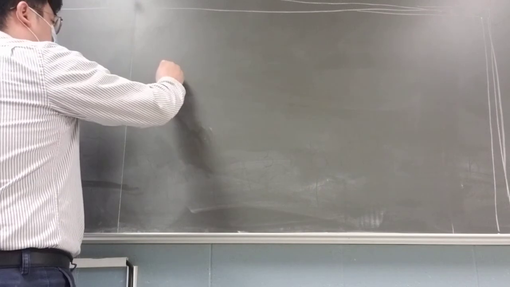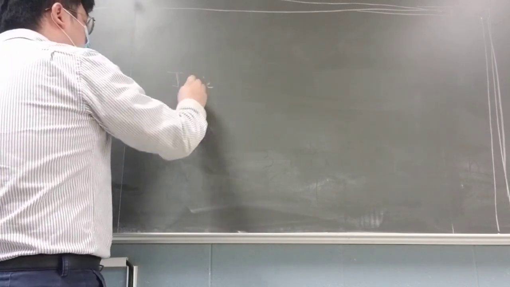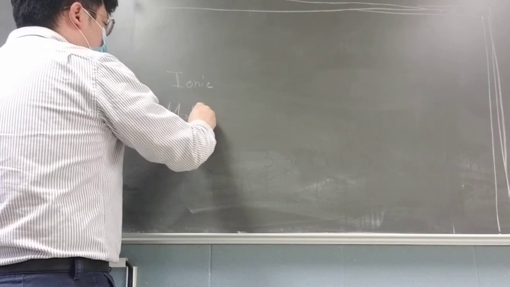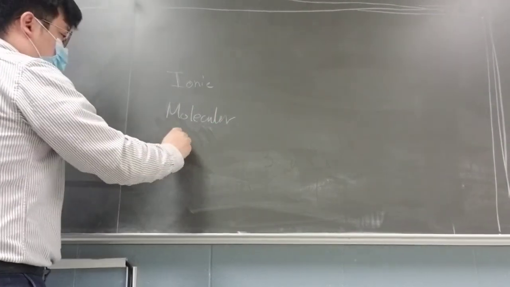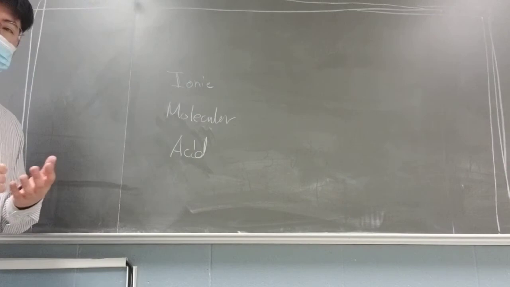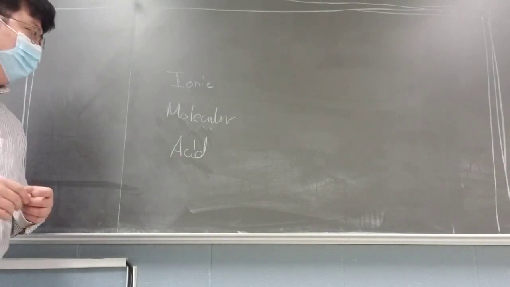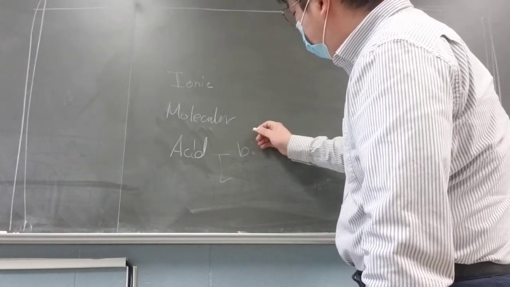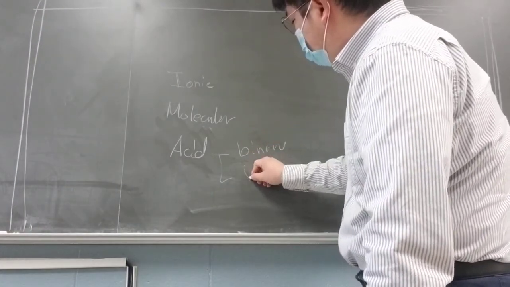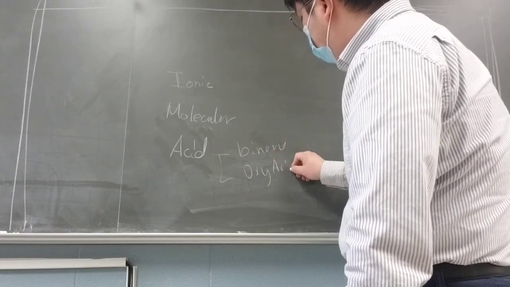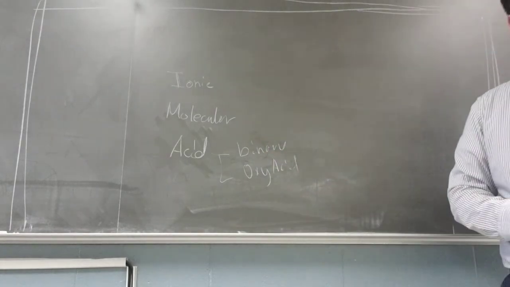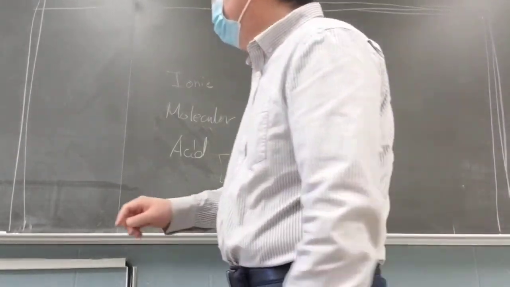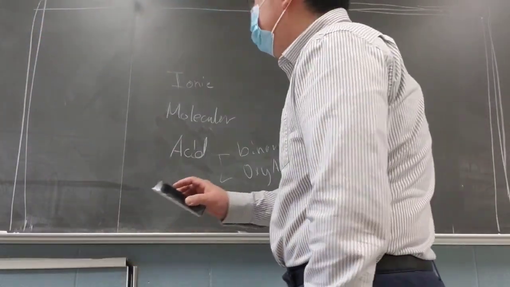Here you go. So last time we talked about how we're gonna name the compounds. We learned about how we're gonna name the ionic compounds and the molecular compounds. Okay. And also some acids. So then one that donates the hydrogen cation, we can say proton, we can name it in two different ways, binary, and also some oxy acid with some polyatomic anions. Okay. So this is what we did last time, and the last one that we're gonna try to name is